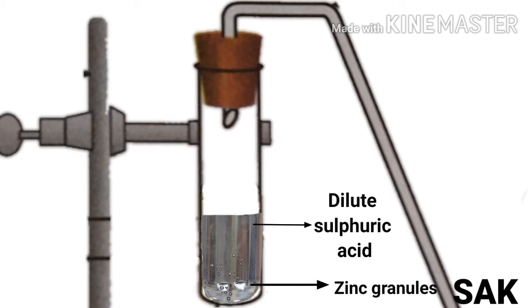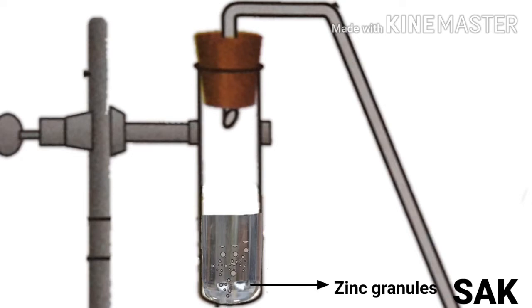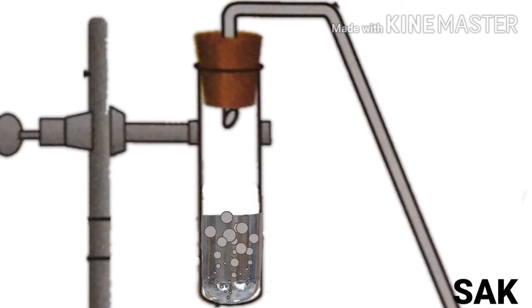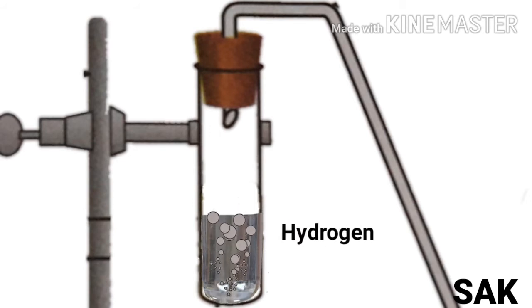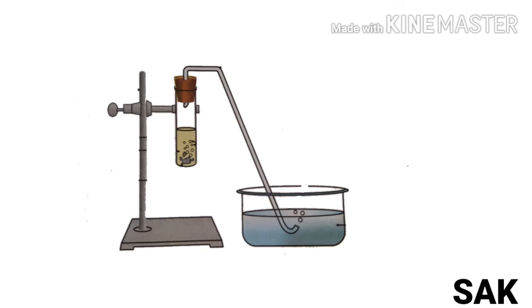When acid starts reacting with metal, we can observe the liberation of gas bubbles. We know that the liberated gas is hydrogen, but we have to prove that. To prove whether it is hydrogen or not, we have to test with a burning substance. When liberated hydrogen gas is passed through soap solution, hydrogen bubbles will be produced.